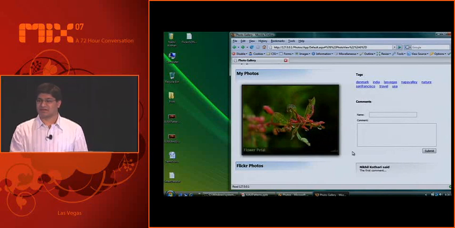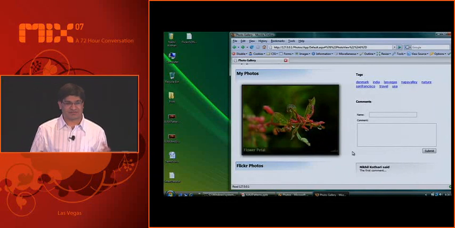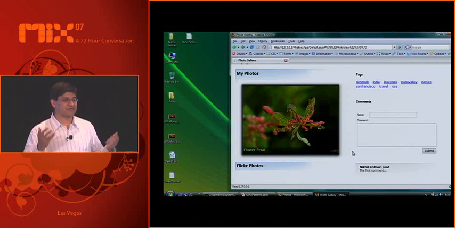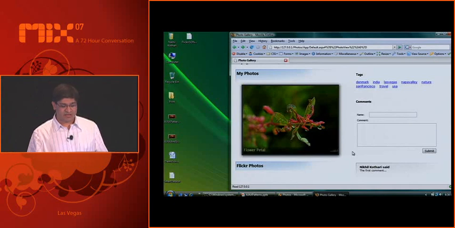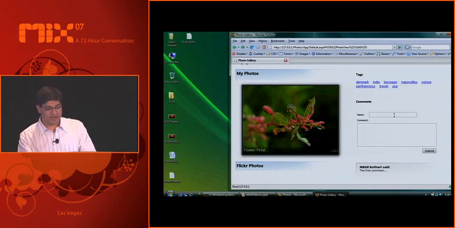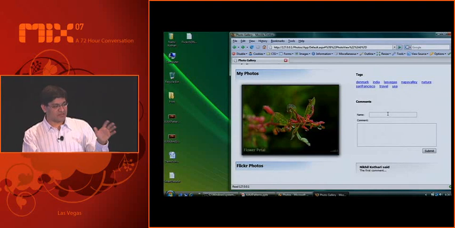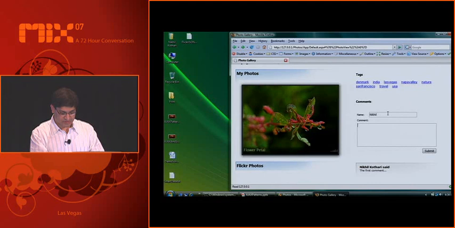So let me pause that. This Silverlight control is actually sort of a teaser. I'm going to have a second talk tomorrow on writing AJAX controls with Silverlight, and I'll dissect this piece. For this talk, I'm going to be talking about some of the patterns you saw here, like the history. One other pattern is, for example, when I enter in a comment,